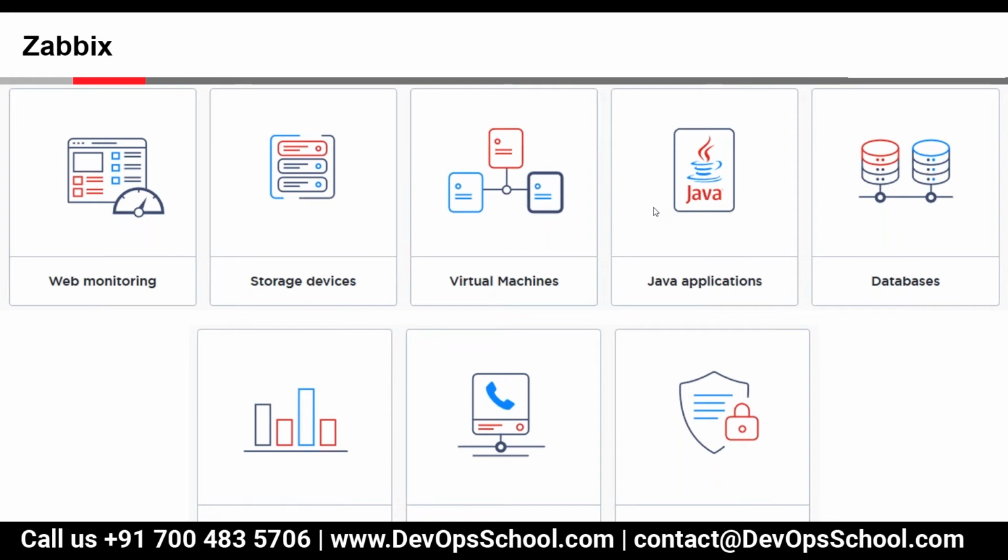Then we have the KPI and SLA. Here we can capture the availability on a percentage basis. So for example, if I have onboarded a server onto Zabbix and I'm checking the availability, it tells me, if I am filtering for a month, that for 20 days it was available, and for 10 days the server was not working or the agent was not working.